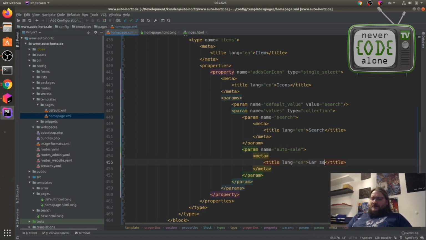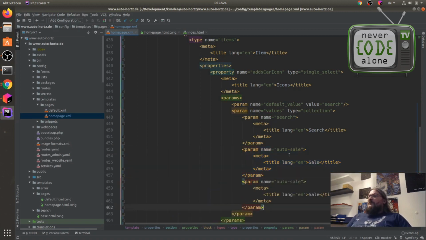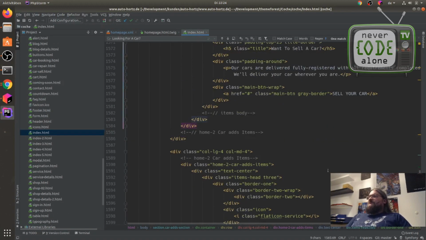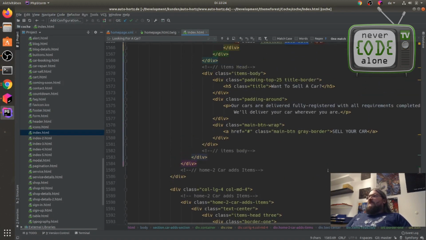Car sale, or maybe just sale. That's a bit more similar to the first parameter. And now we have the third parameter. We just can copy paste it here. Also, we could add a live template for the future, but maybe this is too much for today. It's a bit late here.